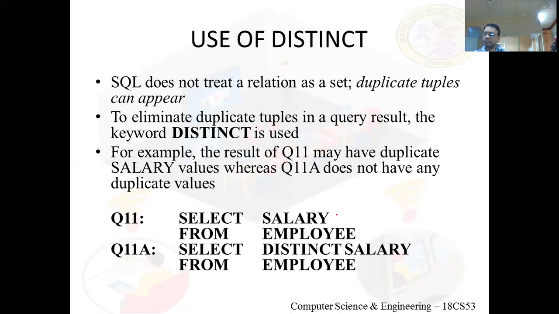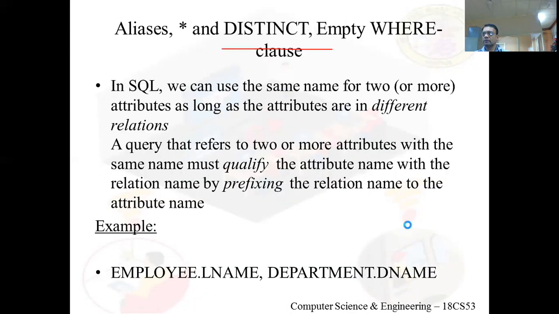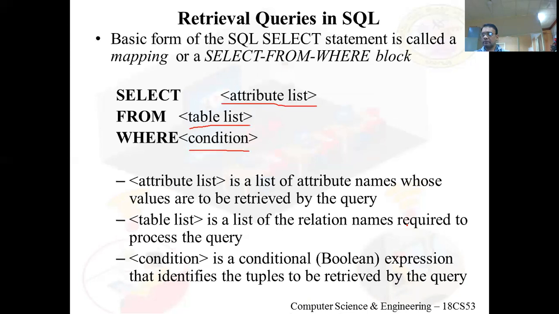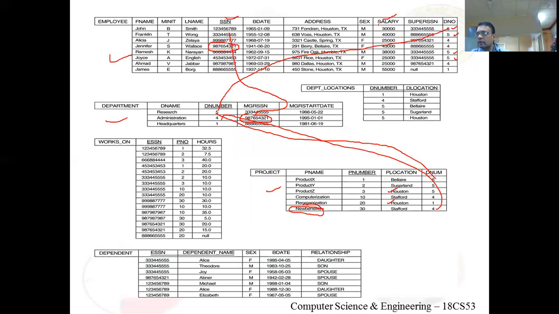See, in the case of the first query, we get duplicate values. In the case of the second query, duplicates will be avoided. So we can refer to the tables here. The salaries are these. If I execute the first query, this is the result set. If I execute the second query, this duplicate will be eliminated, and again this duplicate will be eliminated. And 25,000 is appearing more than one time, right? 55, 40, 30, 30,000, 40,000, 25,000, 38,000, 58,000. So any duplicate records that are there will be eliminated if I use the distinct keyword.